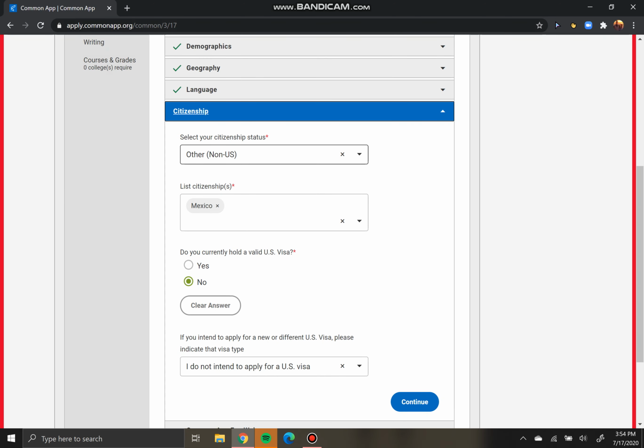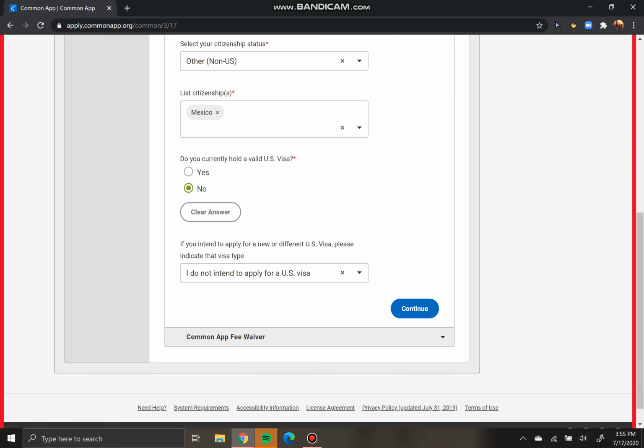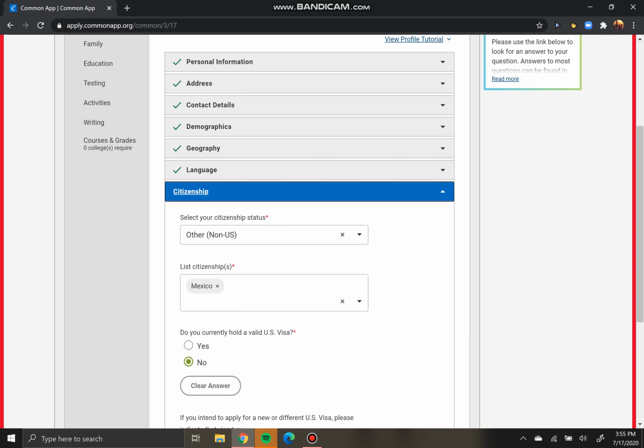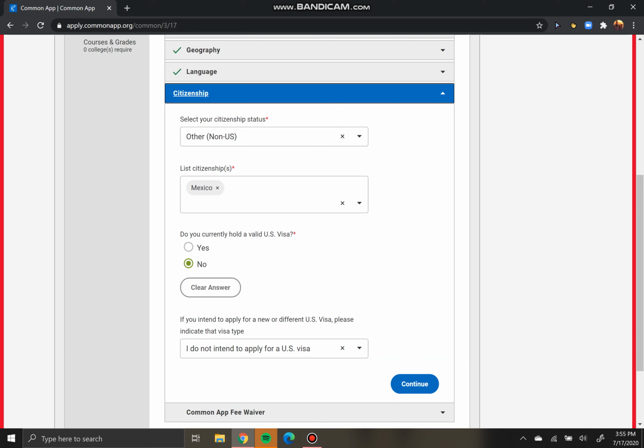So citizenship status. This is not one that gets sent to immigration. I want to make that really clear. The citizenship question is not going to be sent to immigration. The government does not look at your Common App. What this is useful for is for colleges determining your financial aid eligibility, because there are some differences with financial aid depending on